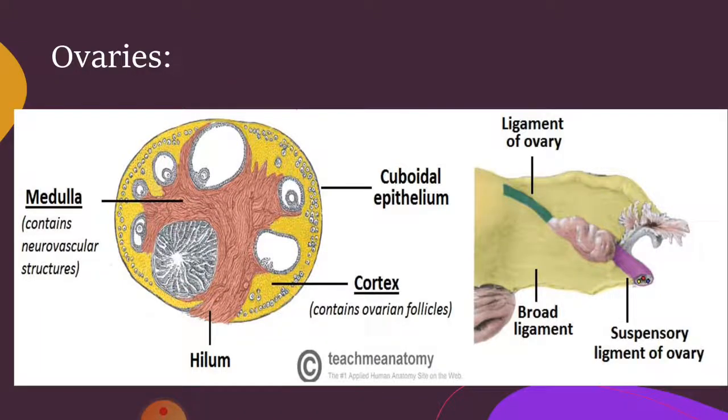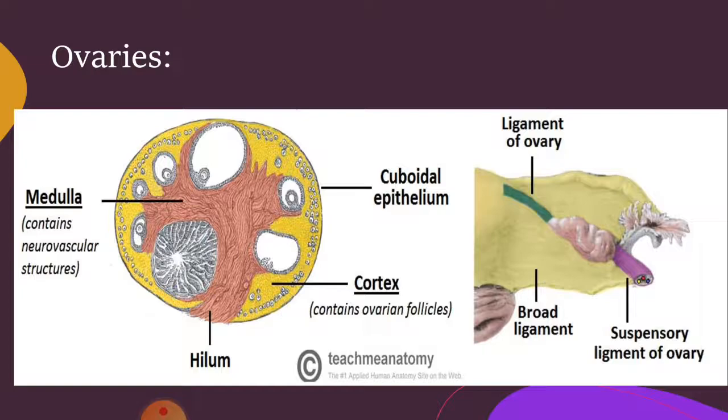Next, we will talk about the ovaries, and ovaries are really very important. These are the female gonads, the glands that will produce the sex hormones and the ovum, and by position they lie in a shallow fossa on the lateral walls of the pelvis. They are approximately 2.5 to 3.5 centimeter long, 2 centimeter wide, and 1 centimeter thick,